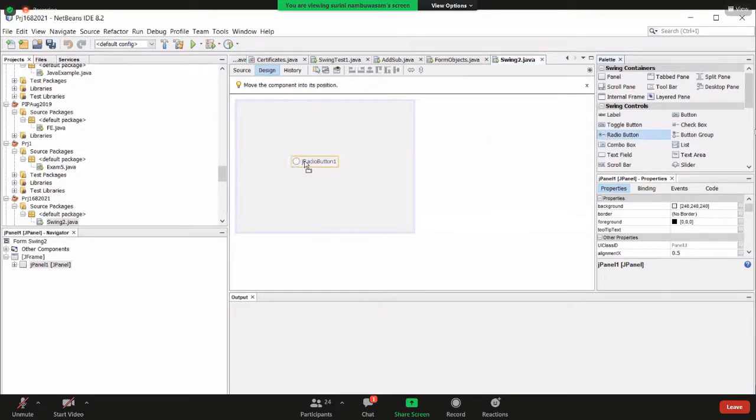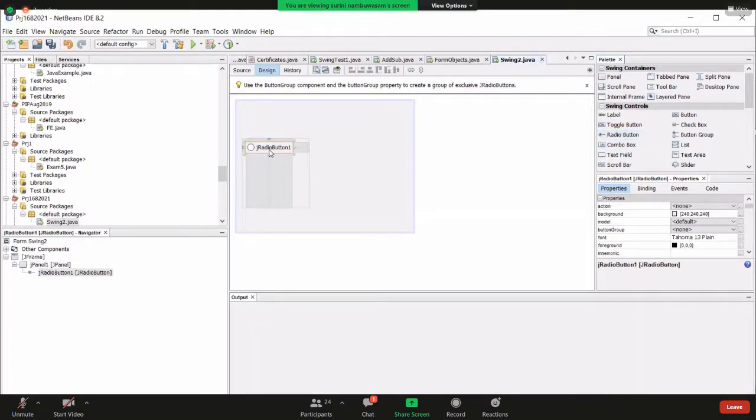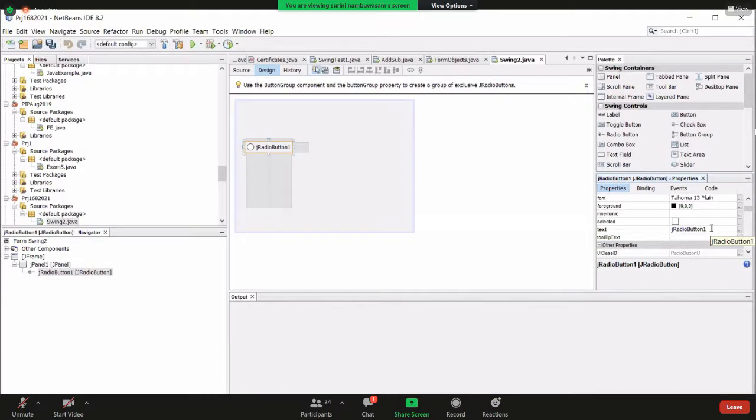Then click and drag onto the panel. I will modify its text. This application is about the selection of a payment method. Therefore, I will use credit card.